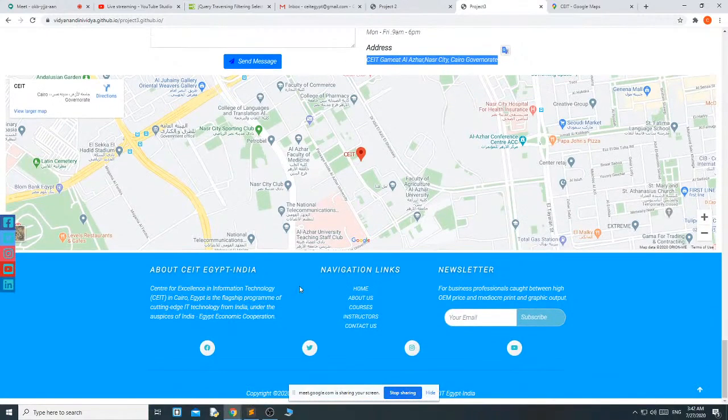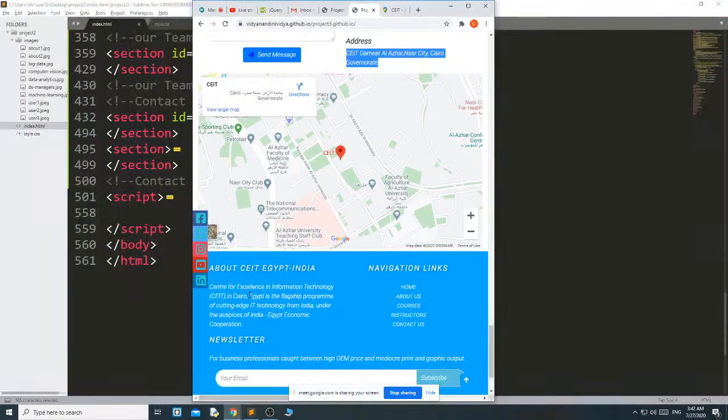This is the footer section. I have already shown you how to create a footer in the previous project. Here the same way, only thing I have added the social icon and I have added a little bit of styles to the social icon. First of all, just see that in this footer, in large screen I need 3, in medium screen I need 2.